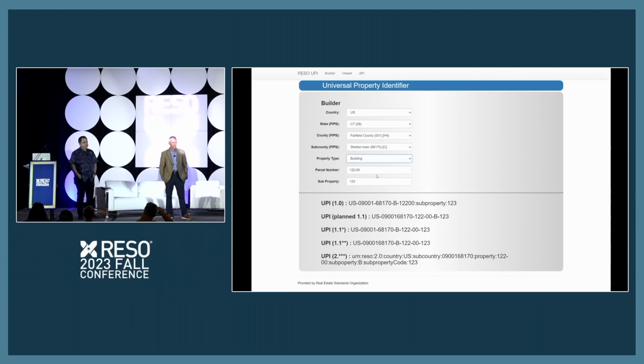We talked about hashing, but in general, I have the idea that if we are talking about identification that we can rely on in the industry, it shouldn't be something that is changed every day based on, if a tax authority decides to change the parcel number or whatever. So why not